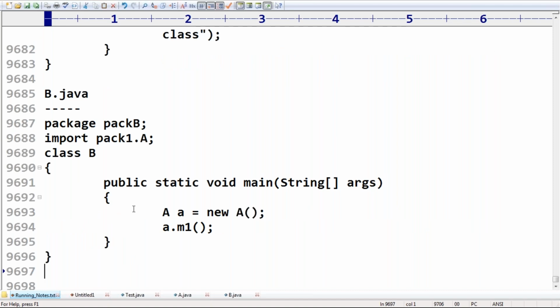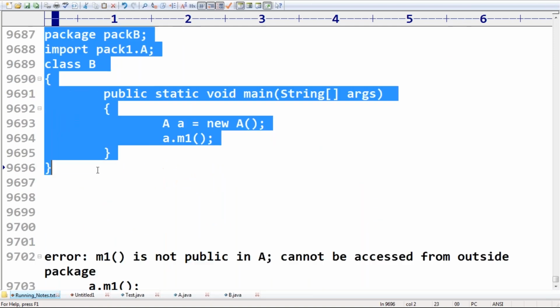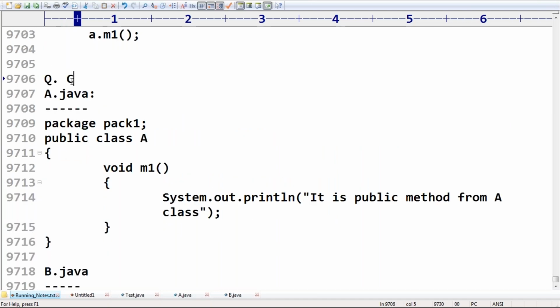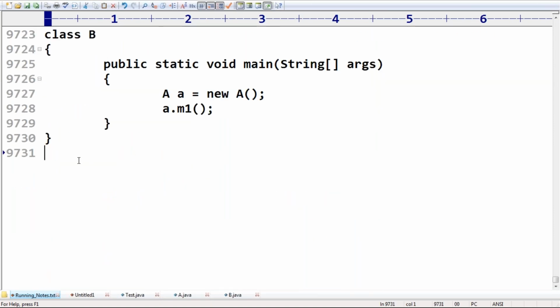Now just observe very carefully. The same code I'm taking. Consider the following Java source files: A.java and B.java, the same ones I took. Now my question is, to compile these source files successfully,